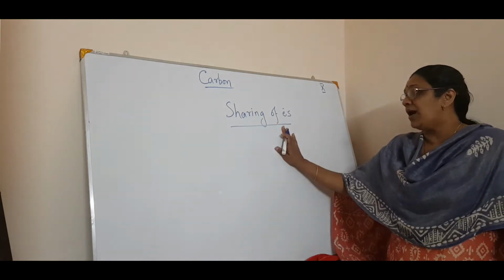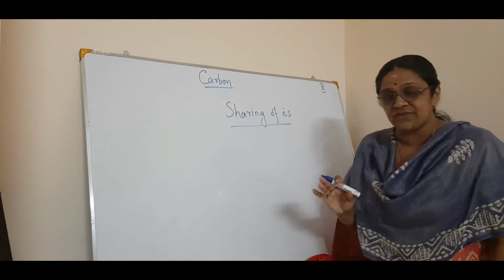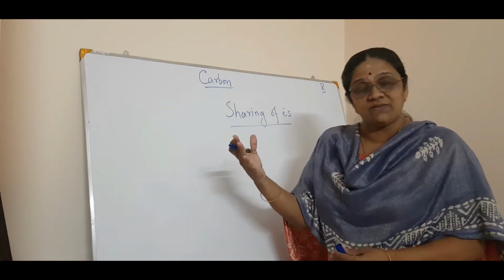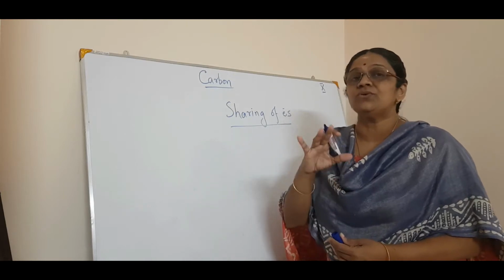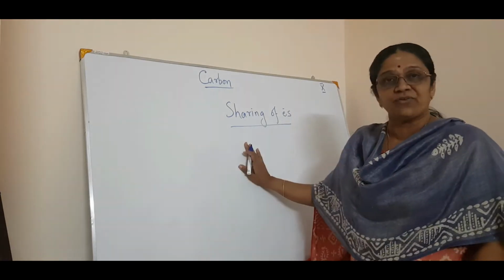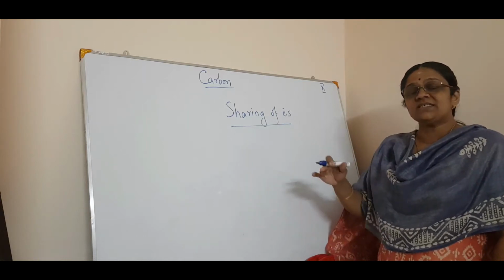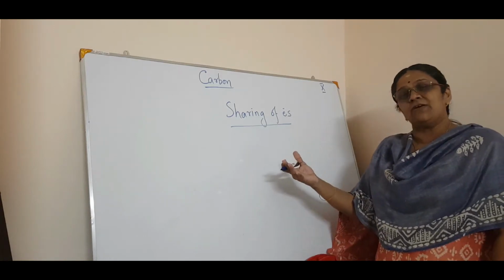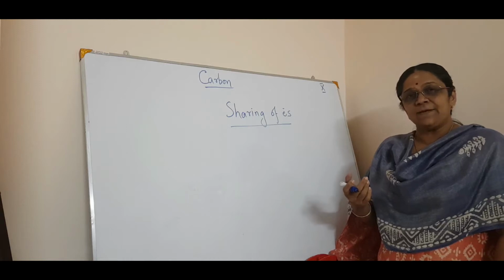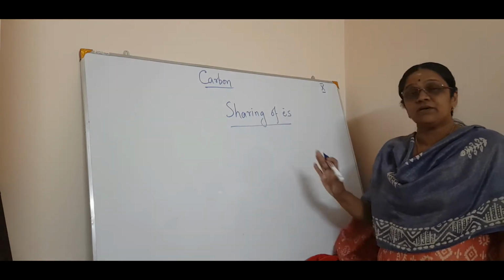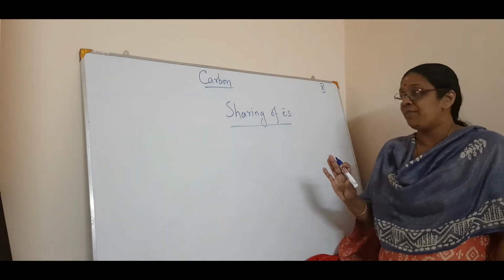Okay. Now as far as the physical properties are concerned, what we have said for ionic compounds, it is the opposite to that. That means they will be soft compounds. They are soluble in organic solvents. They are not good conductors of heat and electricity, isn't it? So that is the properties of covalent compounds.